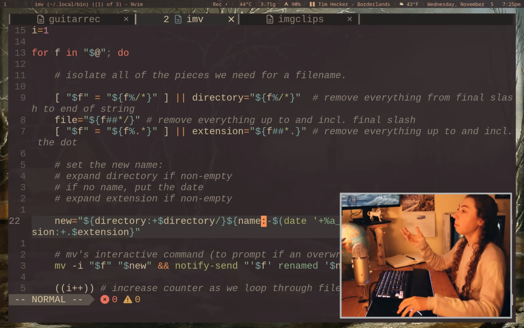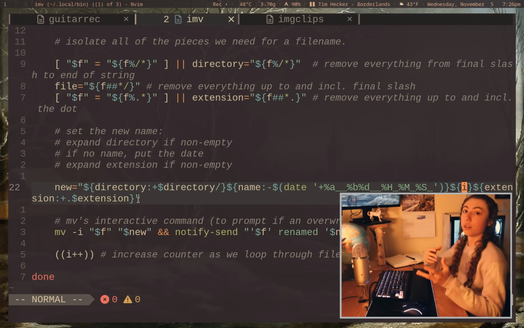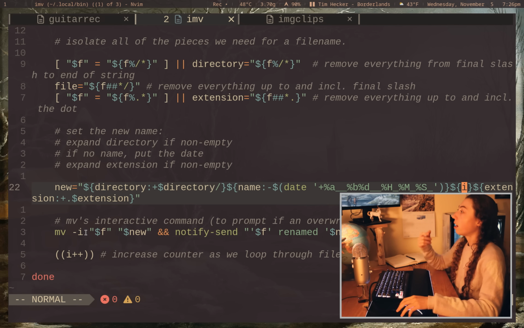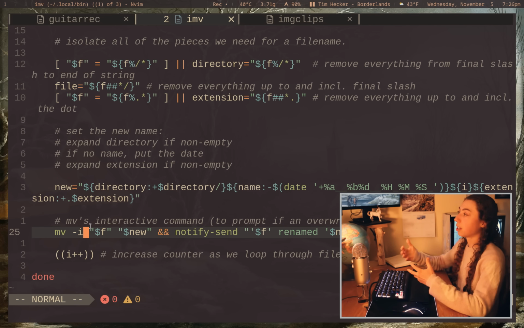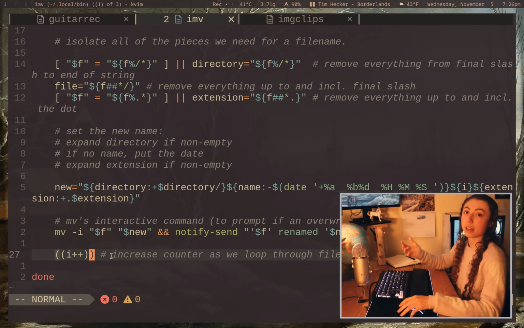that there. Then we're just going to put in the counter as needed, the I variable from up here, and next we're just going to add in the extension if that does exist. So we'll retain the extension, either if there is an extension or no extension, that will be retained. Then we're just going to actually execute that mv command with the interactive flag, just in case for some reason I have duplicate file names, so it will prompt me before overwriting anything. We're going to rename these to the new file name, and then we're just going to send a notification that they were renamed. And lastly, we just have to add on to the counter to increase as we loop through